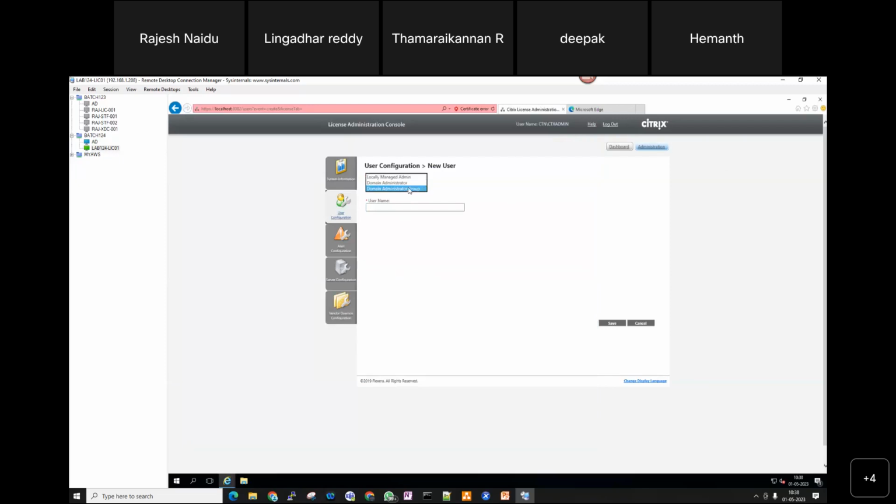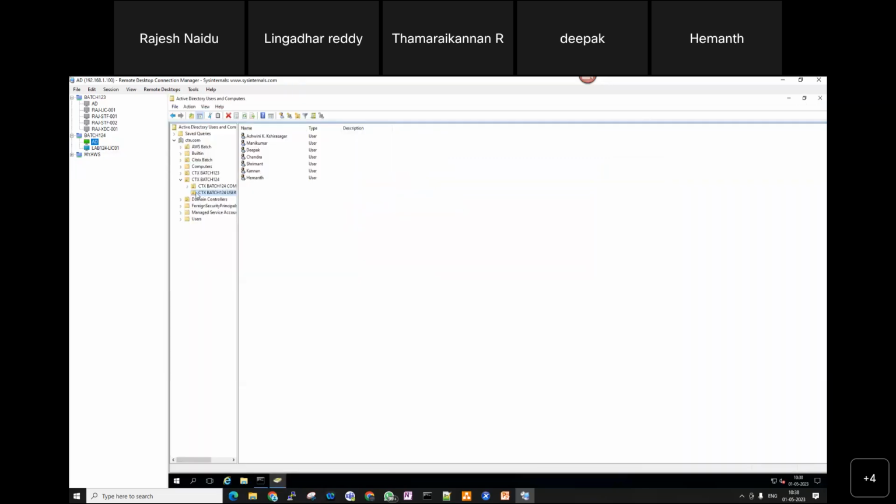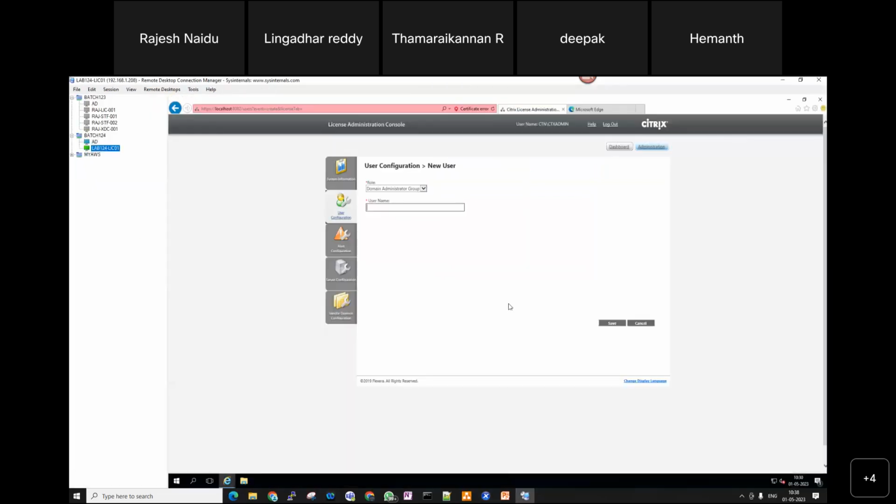Now I'm going to add a Citrix batch 124 group into this. Like these computers, for example, what is the group name? CTX batch 124 users. This is the name. I'm going to save it. A syntax error is coming because the domain name is not mentioned. The domain name is CTX. If you click save,